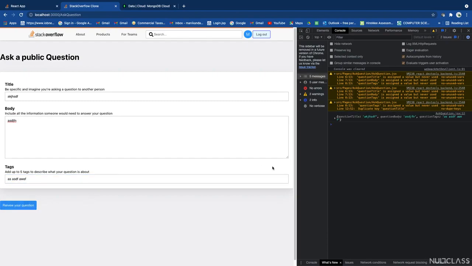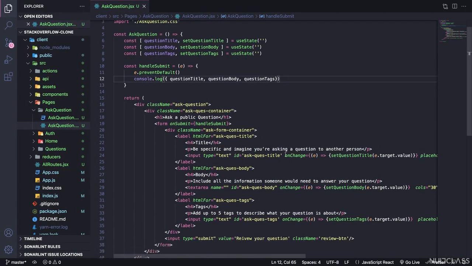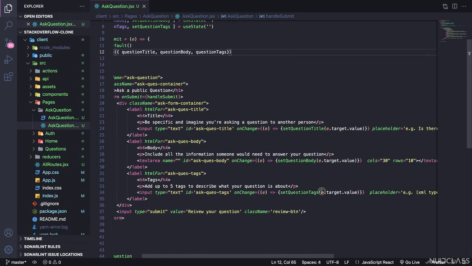So now let me just hit enter. Now you can see we got body, tags and title. We need the tags to be an array of strings. To do that, we will go down here, and before passing this value, this is an entire string, you can see, and in this entire string what you can do is